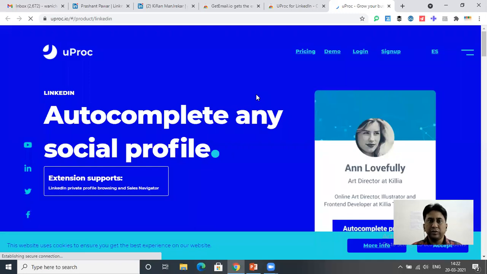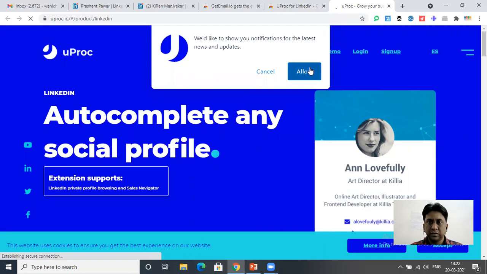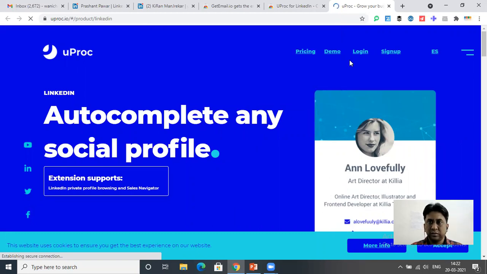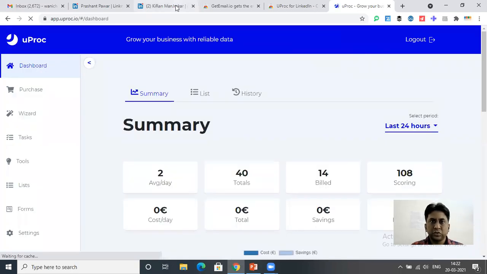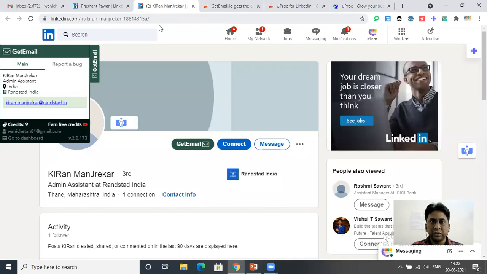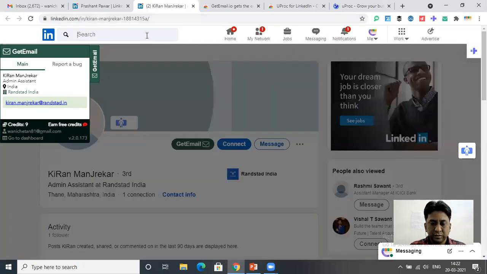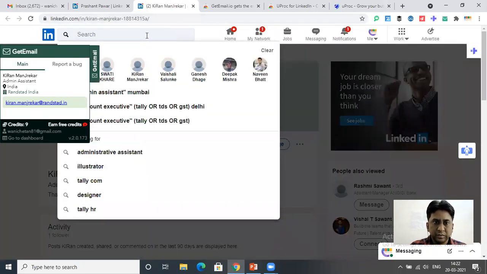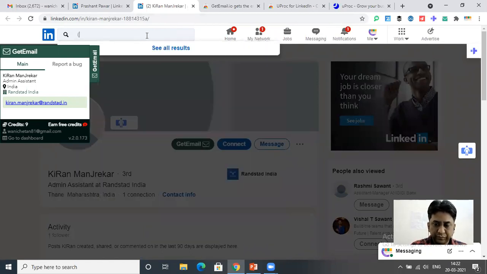Now again you have to sign up for this. I think I have already signed up, so I'll try to use that login credential. Yes. Okay, so now again we will go to some other profile, say Java developer.